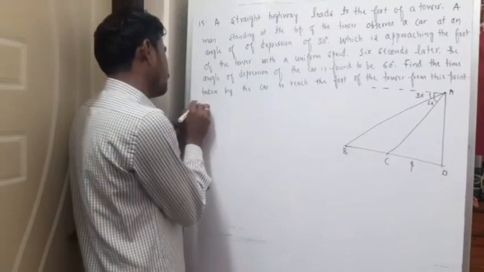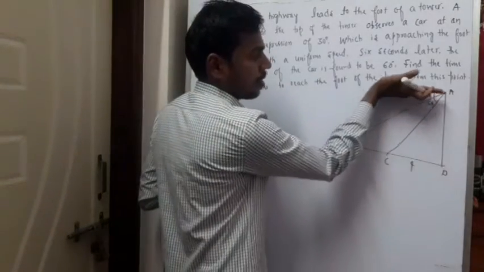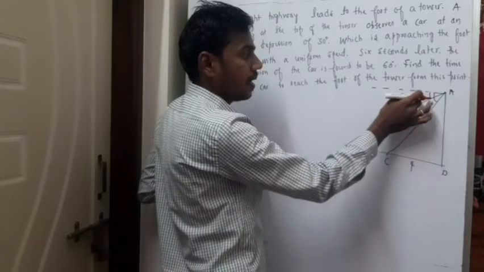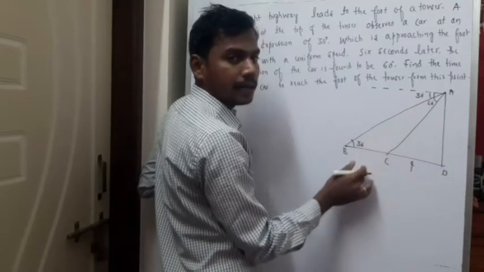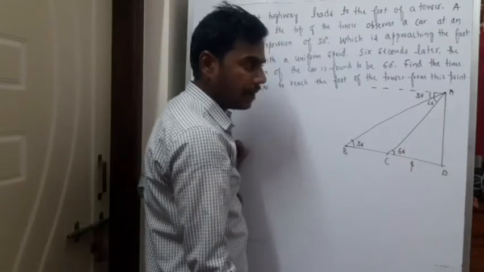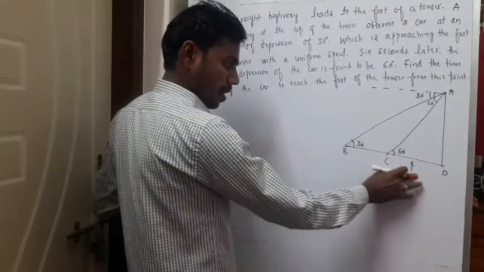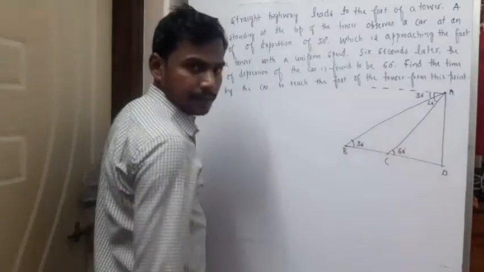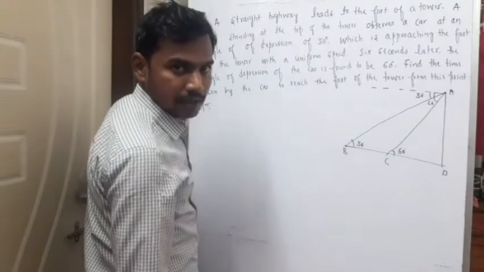Okay. Now, these two are, see, this is horizontal and this horizontal will be parallel to the ground. So if it is 30 degrees, since it is a transversal, this will be 30 degrees, alternate interior angles. If it is 60 degrees, this will obviously be equal to 60 degrees. Fine. Now, what we need to do? We need to make use of which relation? See, I need this and this. So I am taking the reference of this and this. So we make use of the tan relation.